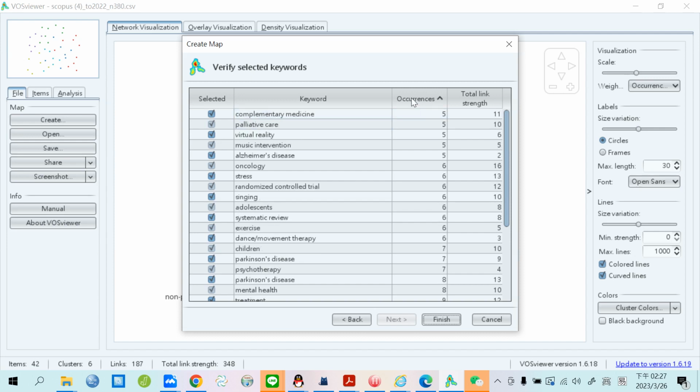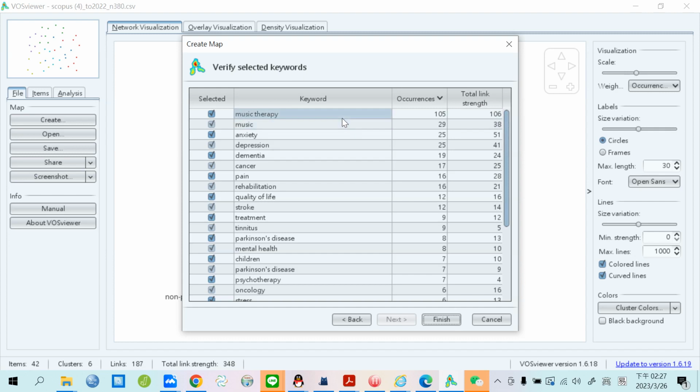And I can hit this to sort from very low to very high. If you hit it again, you will sort from high to low. Yeah. And then this is total link strength. That means how powerful it is. How powerful the link strength is, like